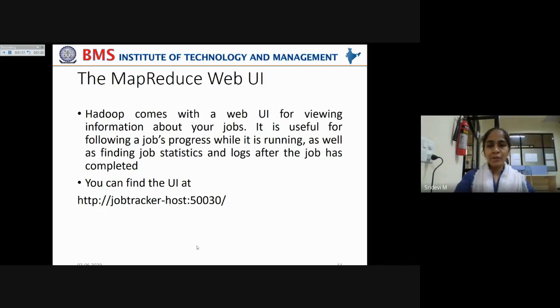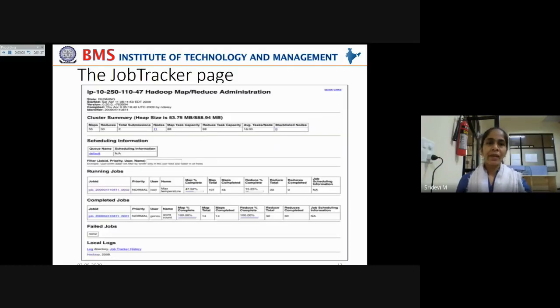You can find the user interface at jobtracker-host, port number 50030. When you give this, it opens a user interface where you can keep track of the progress of your jobs. This is how a job tracker page looks.